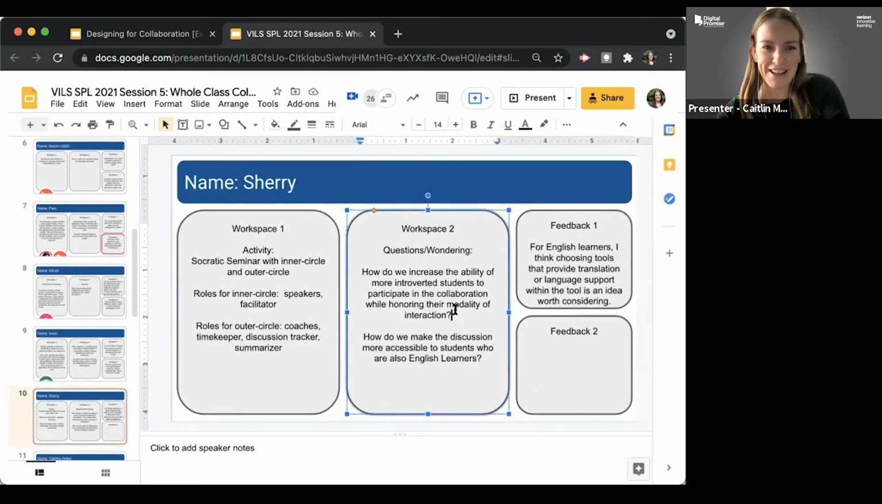I want to highlight that question about how to facilitate participation with introverted students, because I think a lot of times we think of collaboration and we think, well, everybody has to have their cameras on, everybody has to participate by speaking, or everybody has to collaborate in a certain way, but that doesn't honor the preferences or the modalities of interaction among individual students. So